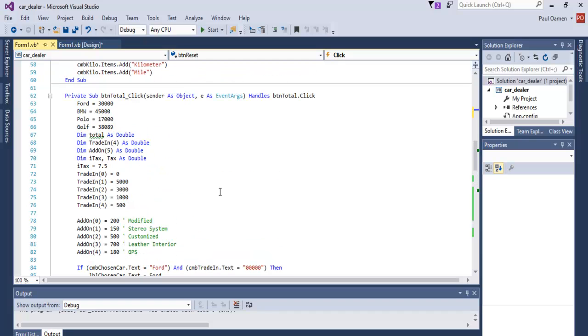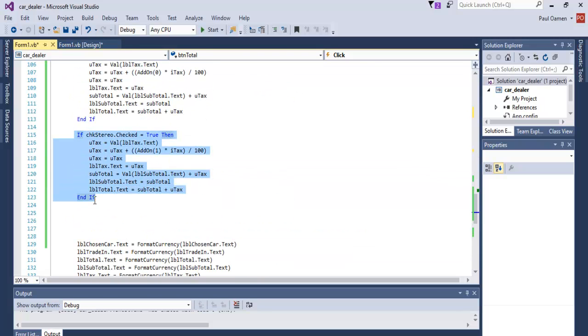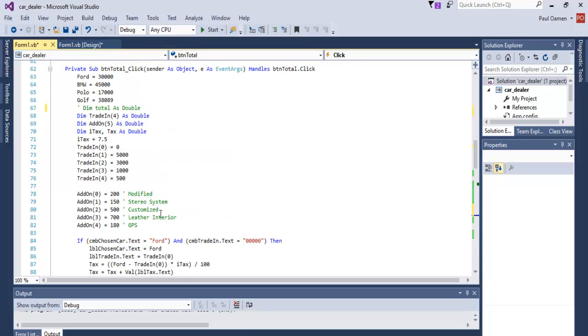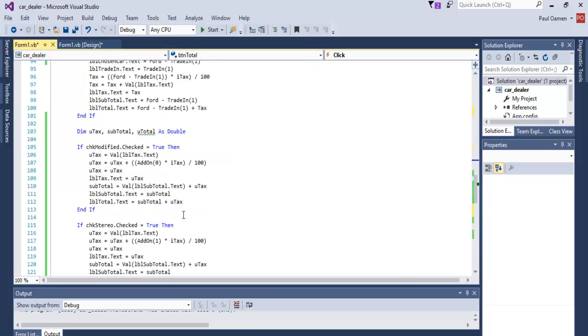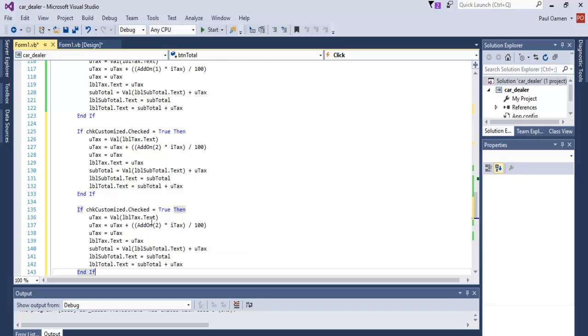One other thing, maybe total, I'm not using that for now, so let's comment that out or just delete it. Do that. Okay, now let's repeat the same thing for the rest of them. Copy that, paste that in there. That should be the next one. Will be customize, and change this to customize, and this will be 2. Yeah, okay, this will be 3, and this will be leather seats,